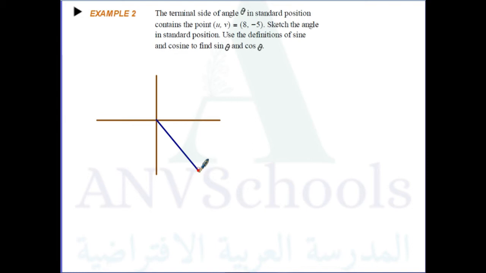So my point here is in quadrant 4. And what is this UV point? 8, negative 5. Okay? Now you could plot this (8, negative 5) on a standard XY axis or a UV axis. Anyway, U could stand for X and V could stand for your Y, in case you are still confused on